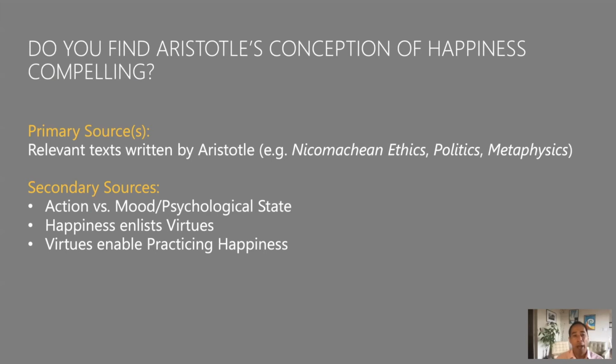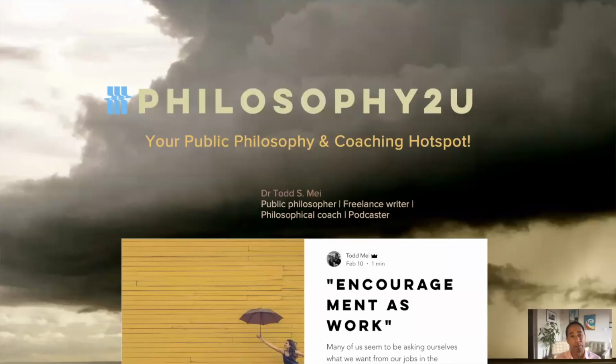And then I'm going to look at how happiness enlists virtues. So in doing the action of being happy, we're also enlisting certain virtues. And because we enlist certain virtues, that becomes a process of practicing happiness. So it's a very active notion of happiness instead of a passive one, which tends to be what the modern one is about. So I'm going to thresh out all those kinds of details as I begin the writing process, but those are the 3 topics I'm going to center on as a result of my research.